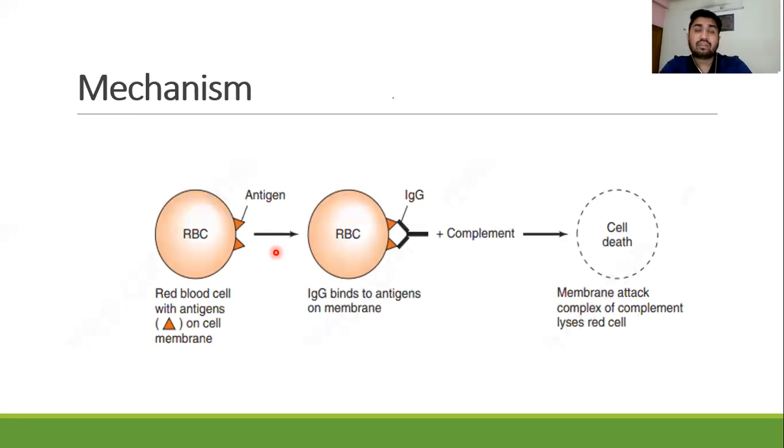Now, if you see the mechanism, suppose there is a RBC, a cell, and on the RBC there are two antigens. The antigens are fixed. Then a free antibody will come and attach with the antigen, and then the complement will come and cause lysis of the cell. If we draw a picture for more clear understanding,